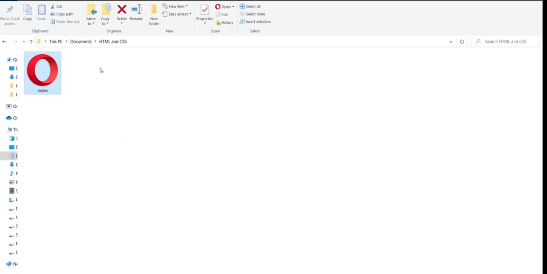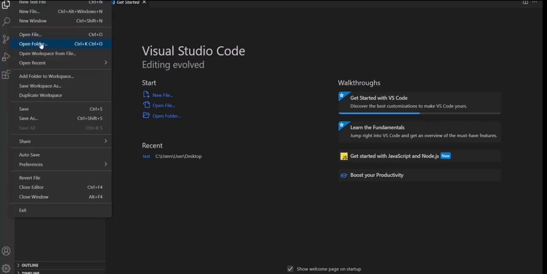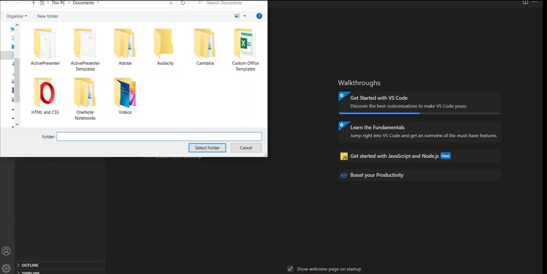Okay, so our folder and the HTML file creation is done. Now we are getting back to our Visual Studio Code software. Okay, cool. Now we have to locate our folder in here. Therefore you can see here that we have the option for open folder, or you can use this file menu, and from there you can have this open folder option. So whichever you click, you can use this file menu from here, or you can use this default open folder. So let me click this open folder, then a pop-up will appear,